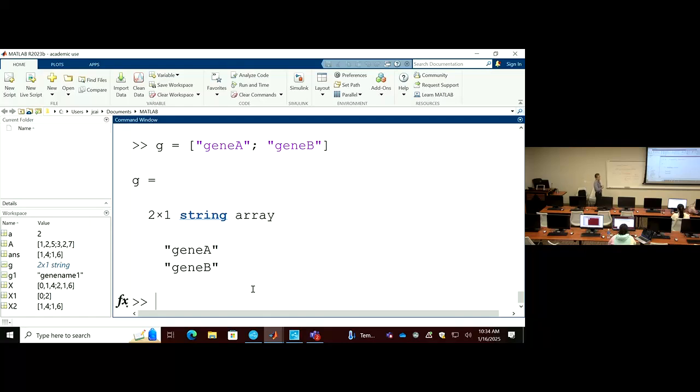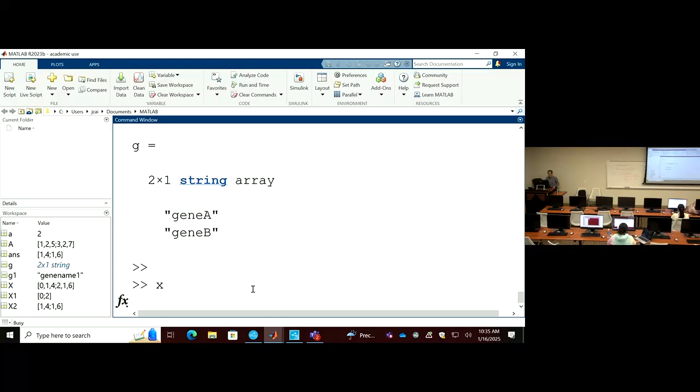So when we say array is a vector, contains a list of values. Well, in this particular array G, there are strings. So there's string array. So I assign 2 gene names into this array. So I have a list of genes. And this will be the information that I will use as annotation for my X. X contains 2 genes, right? Then I have gene 1 named gene A, and then gene 2 named gene B. So that's all the essential information we need to describe an experiment output from